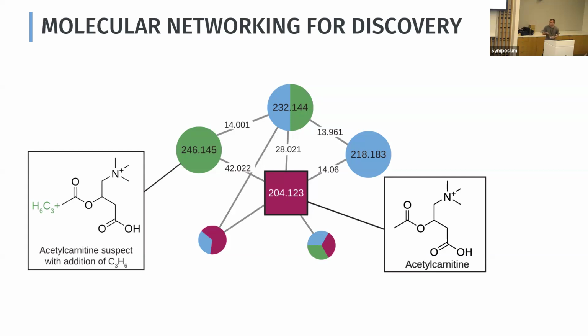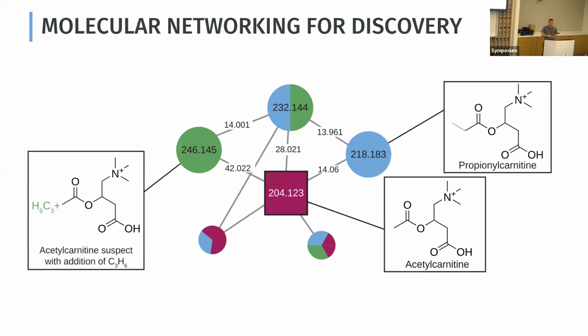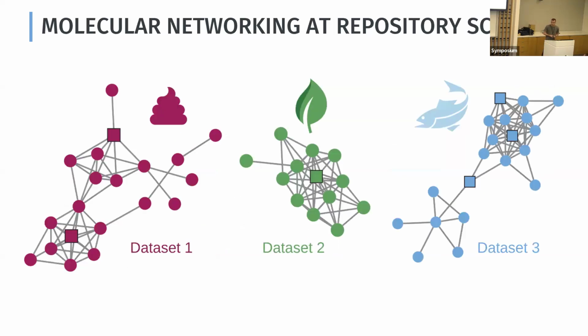Dalton. And similarly, this information could actually be enough for an expert to generate a structure hypothesis. For example, for the blue suspect, we're looking at the spectrum and potentially validating it with synthetic standards, you might be able to discern that this was actually propionylcarnitine. And so